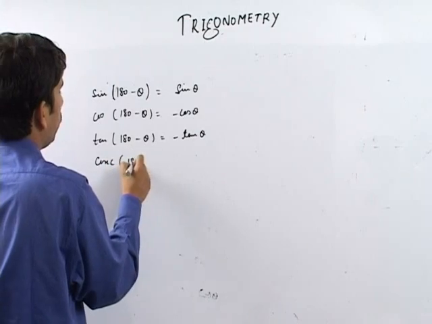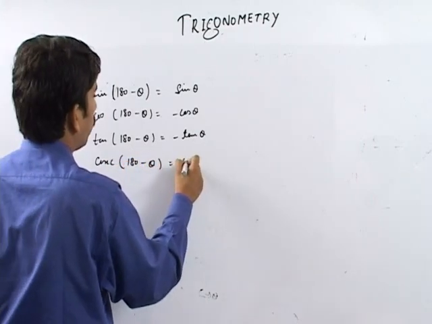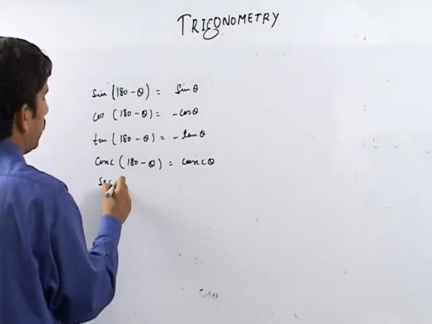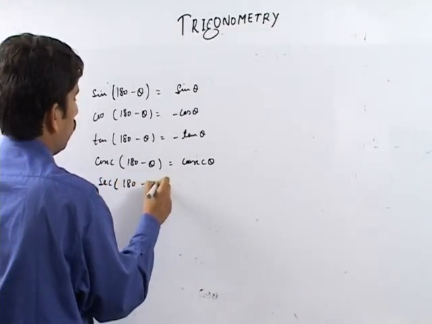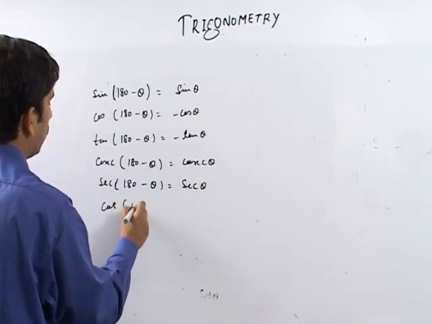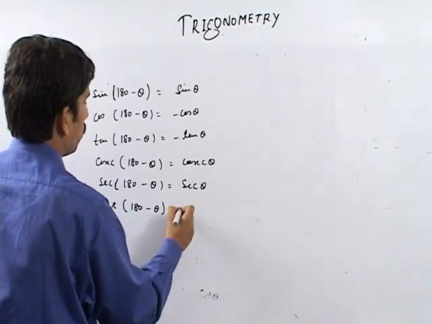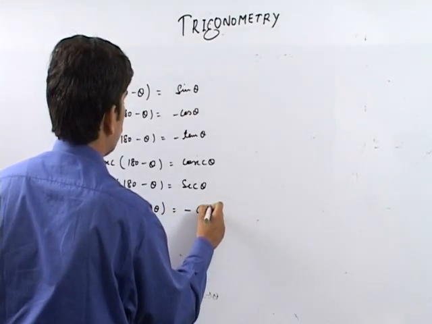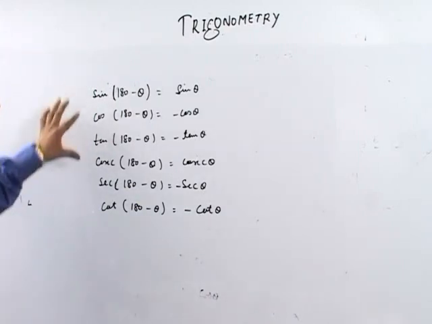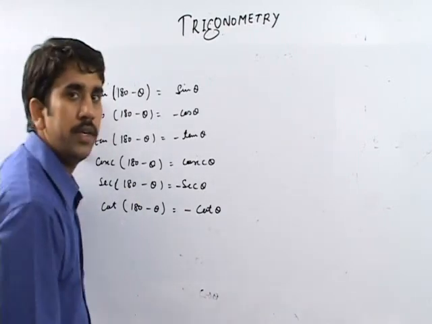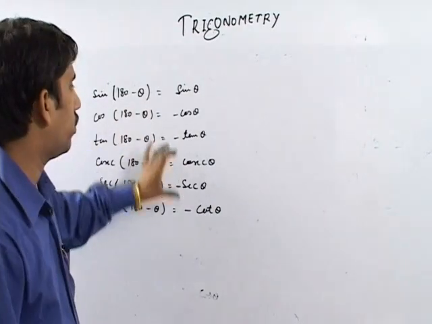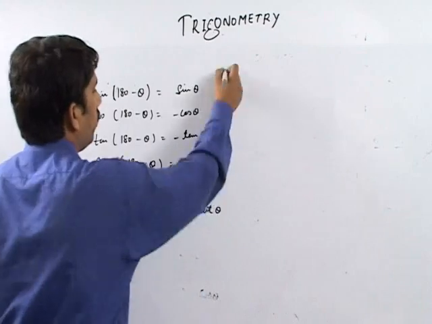cosecant 180 minus theta will be equal to cosecant theta only, then secant of 180 minus theta will be equal to minus secant theta, cot 180 minus theta will be equal to minus cot theta. Again, this is in the second quadrant, therefore sine and cosecant functions will be positive and all others will be negative. Similarly, you can prove